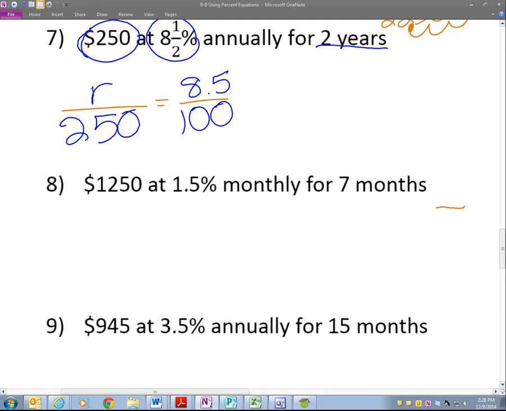Now, the reason why earlier today I wasn't using this one is because this 2 years thing, we have to come back and bring it in. So don't forget that. We'll get to it in a second. So we're going to work this one out. It's going to become 100R equals 8.5 times 250, which comes out to be